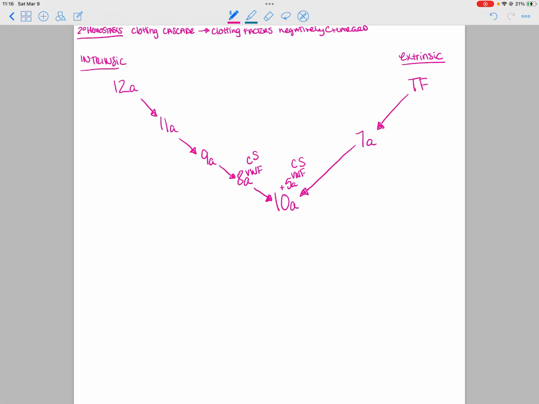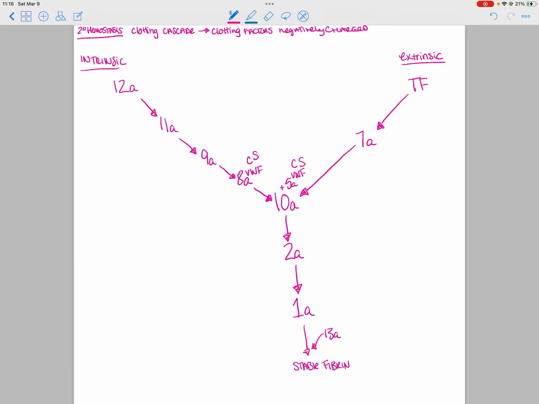So again, 5 more so than 8, but both of them. Now, factor 10A, again, this is the common pathway, 10A and 5A. 10A will go to factor 2A, which will go to factor 1A. And with the help of factor 13A, we will form a stable